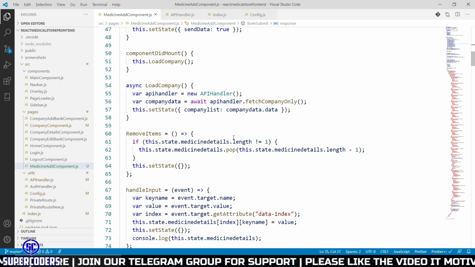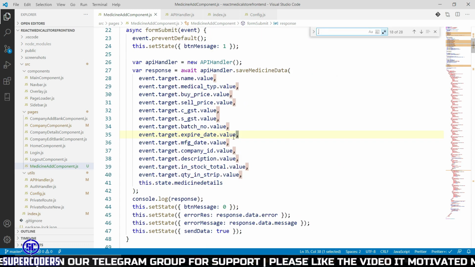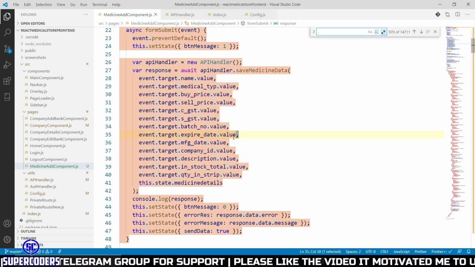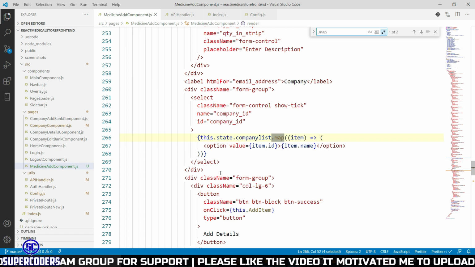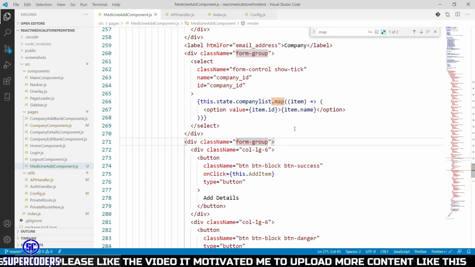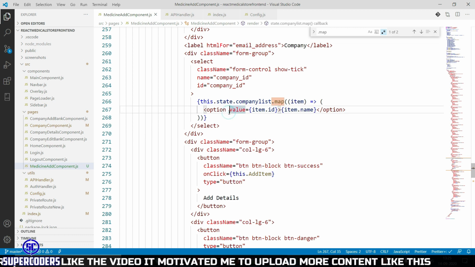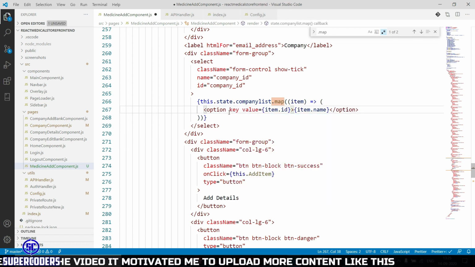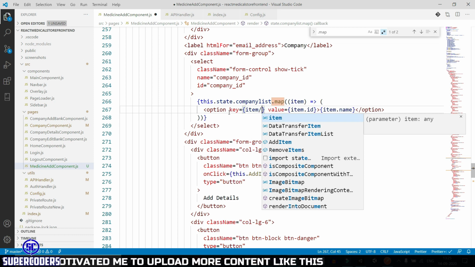So here dot map, here pass the key name. So let's see, key equal to item dot id.